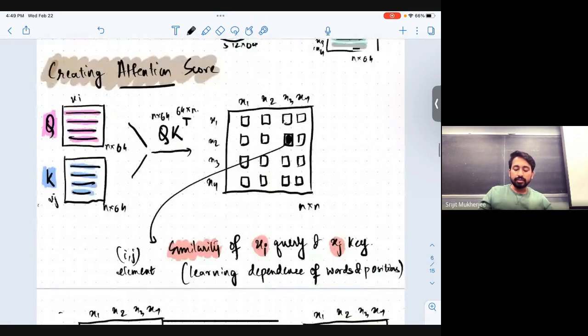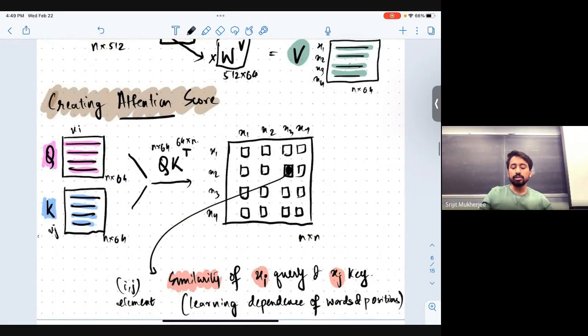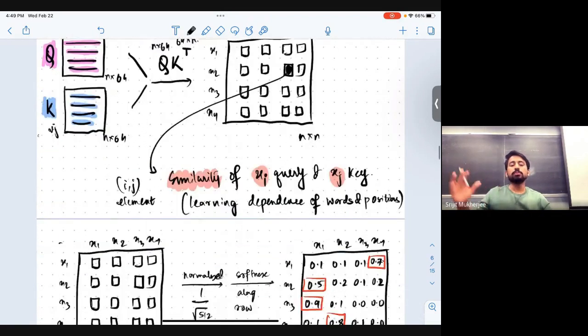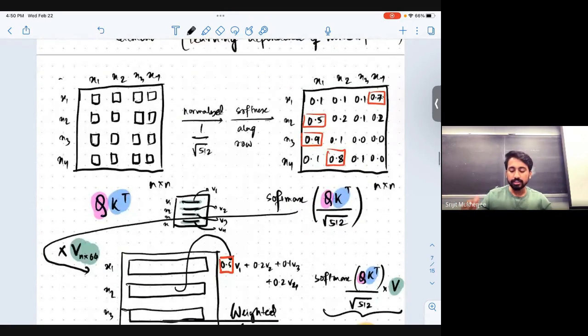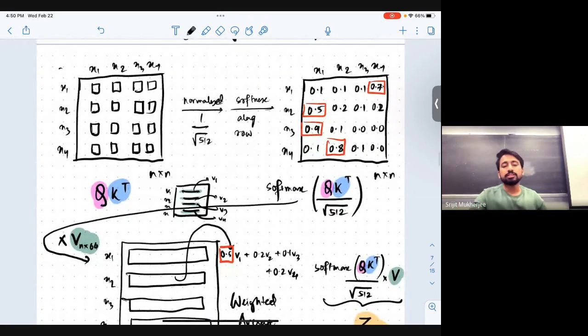And this matrix is related to something called the attention score. Now there are certain things I should tell you. After this, the similarity matrix is normalized by 1 by root 512, and then the softmax is applied along each row. So in each row you are getting the probability that